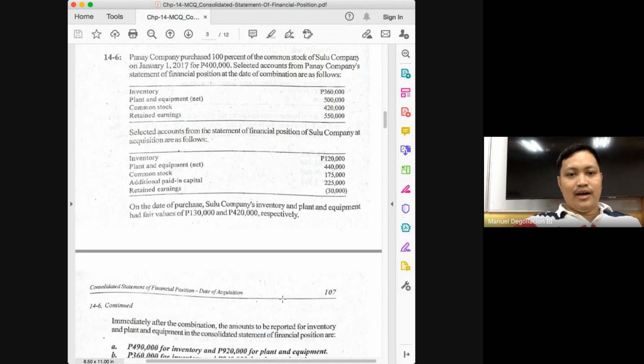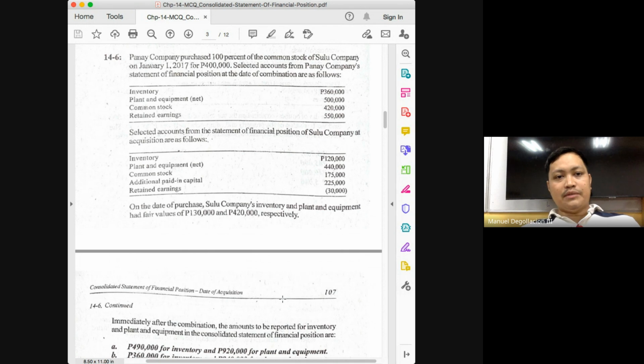For the sake of practice, class, assuming there are no other assets and liabilities from the acquiree, let's solve for the resulting goodwill or gain. And what are the two things we need to solve for goodwill or gain, class? Consideration and the fair value of the net assets. Here, our computation for goodwill will be exactly the same as what we have discussed in asset acquisition, because this is a stock acquisition wherein we are acquiring 100%. Again, if it's an acquisition of a wholly owned subsidiary, if it's a stock acquisition for 100% ownership, it will just be the same as a net asset acquisition.